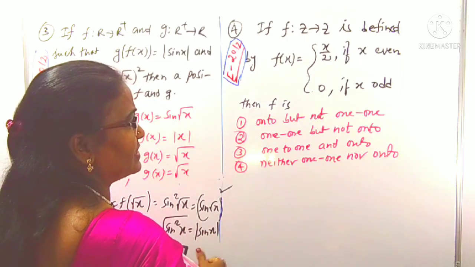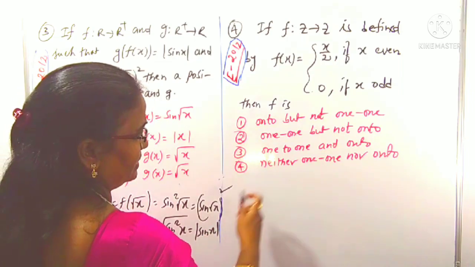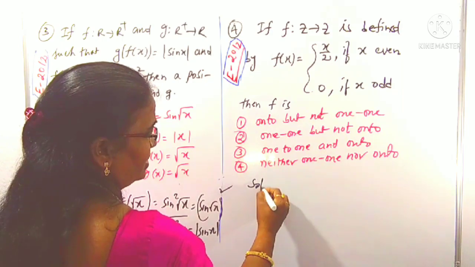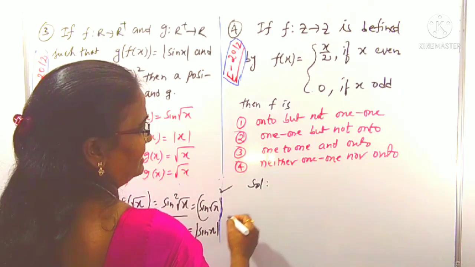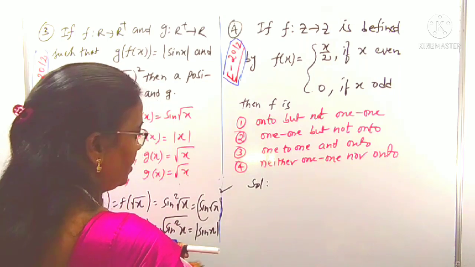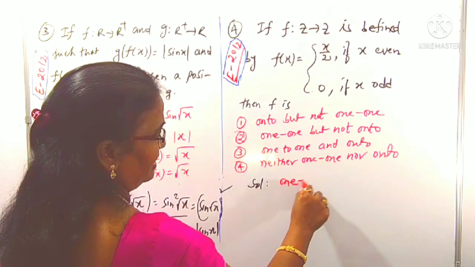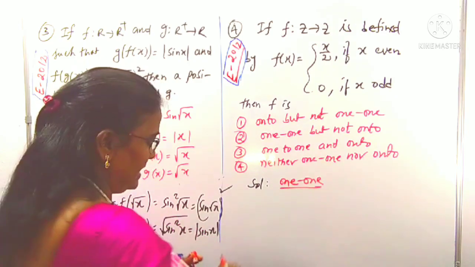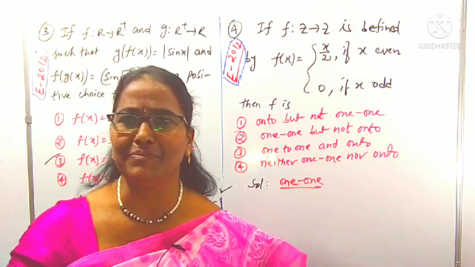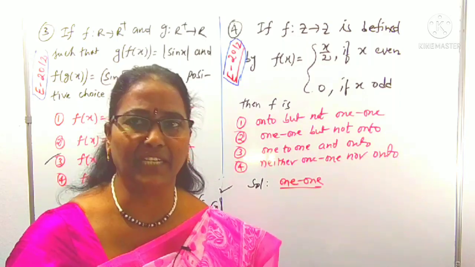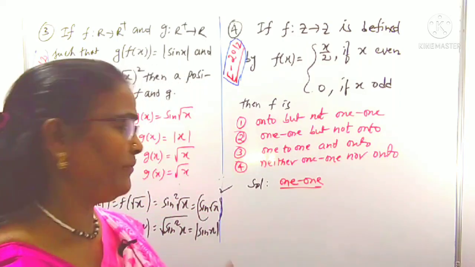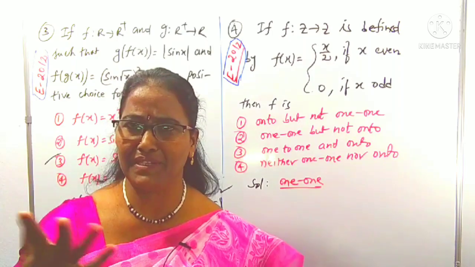For the types of function, here there is 1 1 and onto, and we have to verify that. This video I also uploaded: how can you recognize 1 1 and onto? You can watch those videos. First we will check whether it is 1 1 or not. For 1 1 verification, what do you know about 1 1? Distinct elements have distinct images, meaning different elements have different images, then only it is 1 1. If at least two elements have the same image, it is not 1 1.